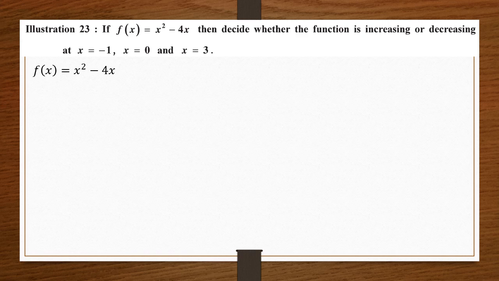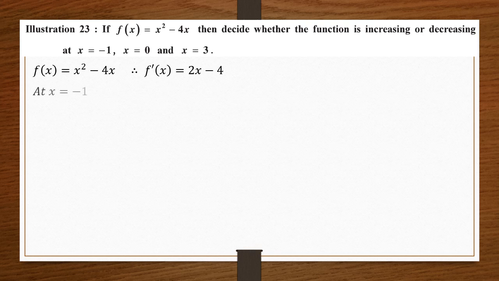Now this is a level of differentiation which is very easy. For example, the first value is x square, the differentiation of x square is 2x, and next is 4x. So the differentiation of x is 1, so 4 will remain as it is. So x square minus 4x, its derivative is 2x minus 4. Now this is the 7th video of this particular chapter, so this much is very easy. I don't need to explain it using the whole formula and all that.